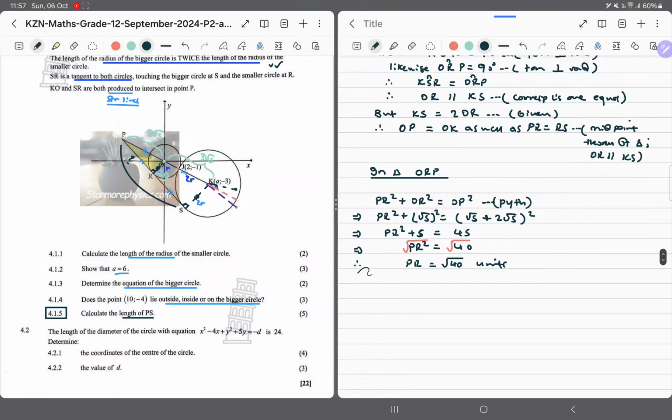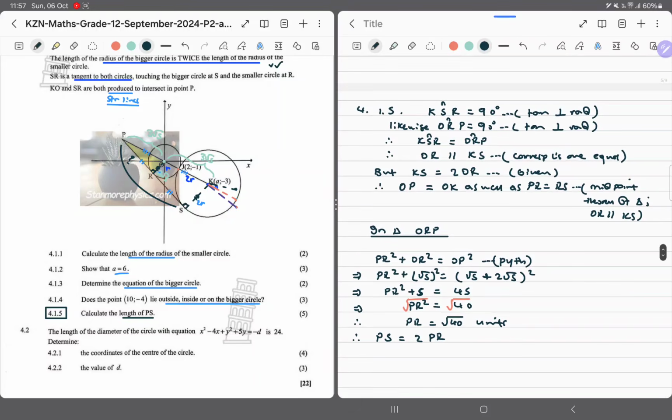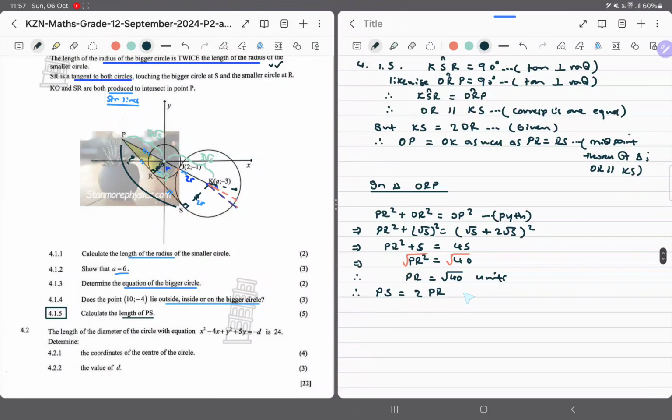We can say then, therefore, PS is going to be 2 times PR. Right. We've already stated this one, isn't it? I think we did. We said OP was equal to OK as well as PR was equal to RS, midpoint theorem of triangles. So that statement already captures it, but if you like, you can repeat it and say this is because of the midpoint theorem of triangles with